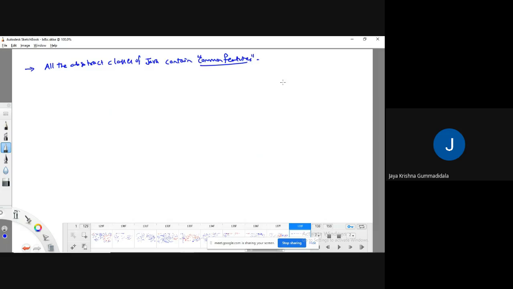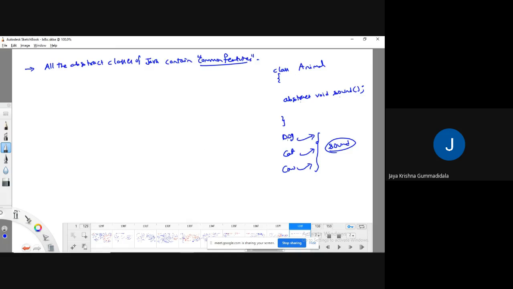For example, I want to say one thing. Class Animal. Something like sound is common to all. Abstract void sound, important point, abstract void sound. So I made it abstract because each and every animal, like dog, cat, cow, can implement its own voice, their own sound.